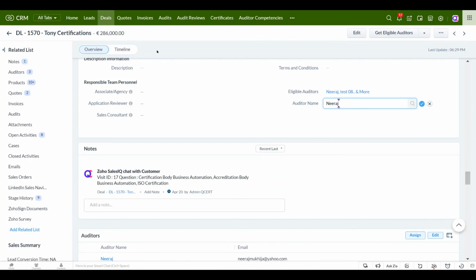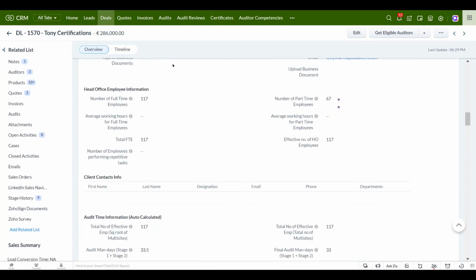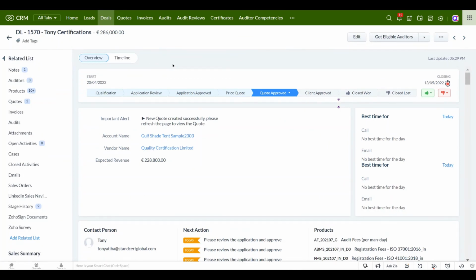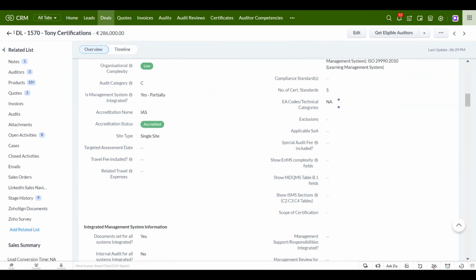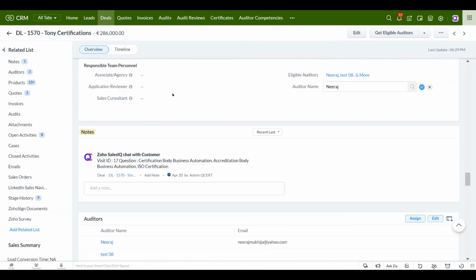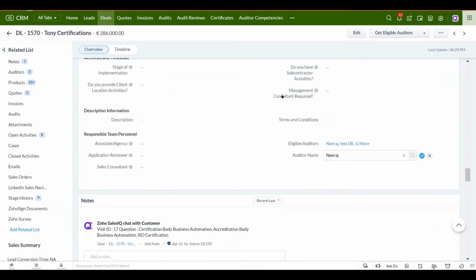to a particular deal. And once an auditor is assigned to the deal, this auditor information is then further moved ahead. When the deal is closed, it automatically creates an audit record. On the audit record, this particular auditor would be assigned automatically and notified that he's been assigned to this particular audit, and then he needs to go and start working on it. So that was a small demo on our auditor competency and how an auditor gets chosen. Then we showed you how an eligible auditor is assigned by the certification manager on the deal itself, making the whole life cycle more